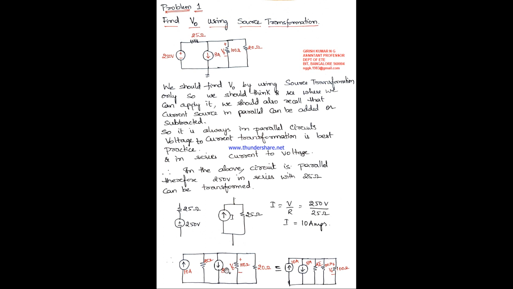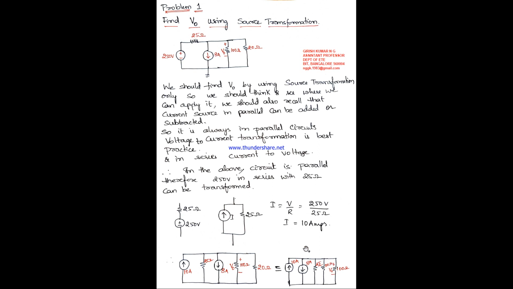Therefore, I'll put this 8 amps this side, so 8 amps will come here. I'll take 25 ohms and put that after 8 amps, so 25 ohms here, and then this 20 ohms I'll put before 100 ohms, so 20 ohms here. So I am replacing the components' positions. In parallel you can do that because the voltage across that parallel is the same.